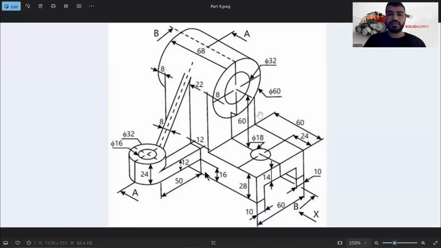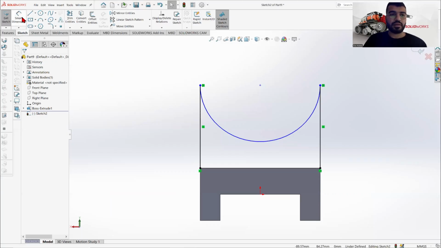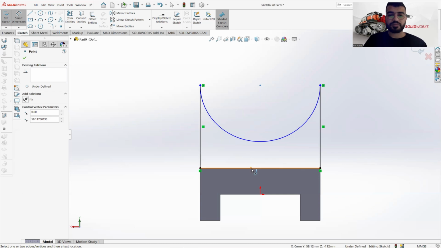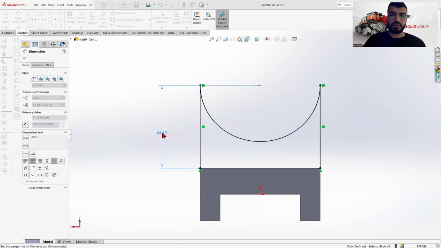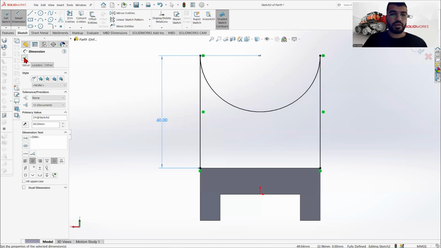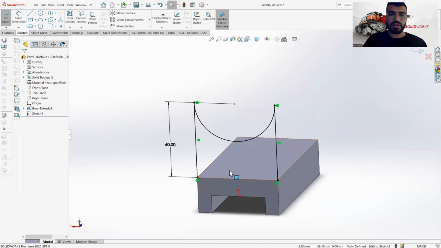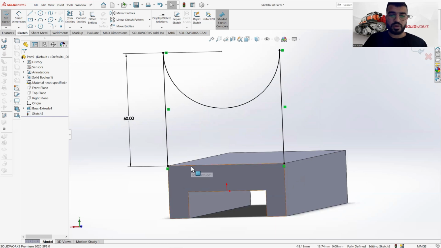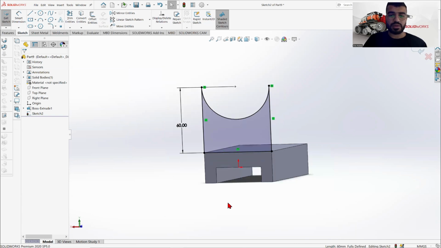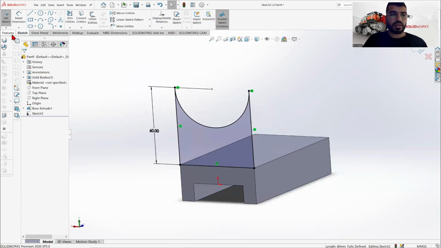We have a height here of 60 millimeter from the center. So here, from the center to the line is 60 millimeter. Okay, rotated. Now it's not fully closed because we missed to draw the line here. We click on this line and click convert entities. See, now it's fully closed. Now click on,